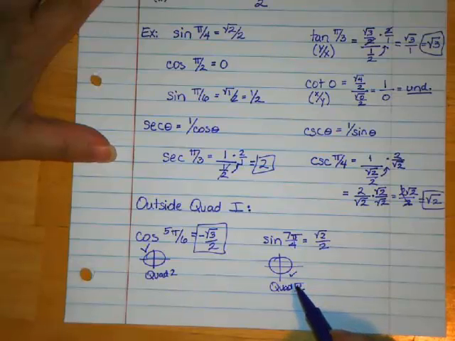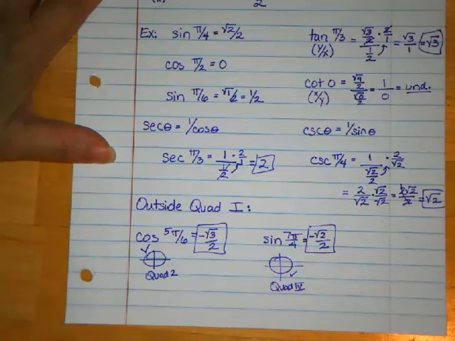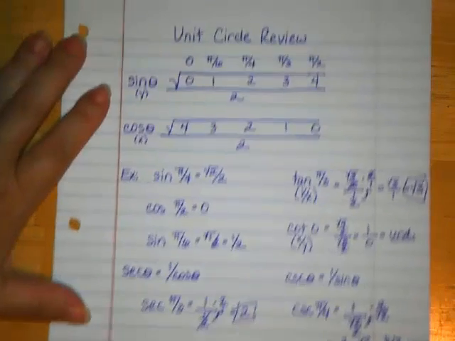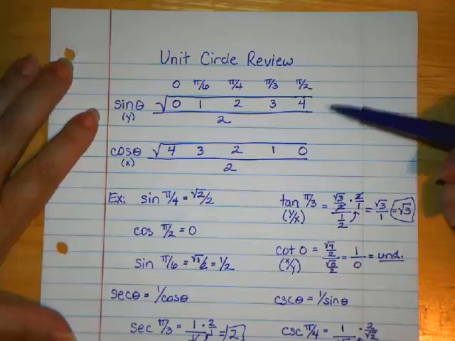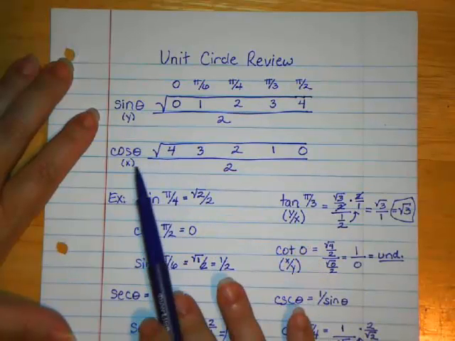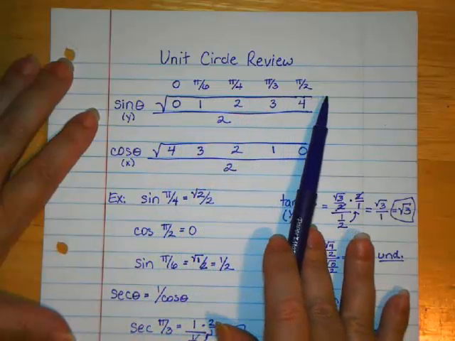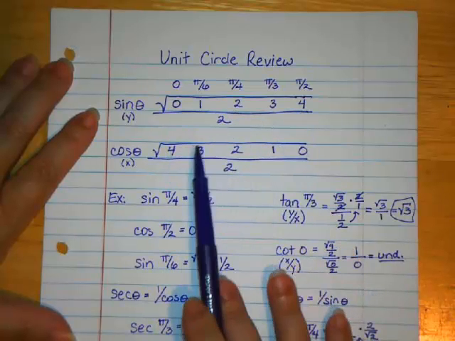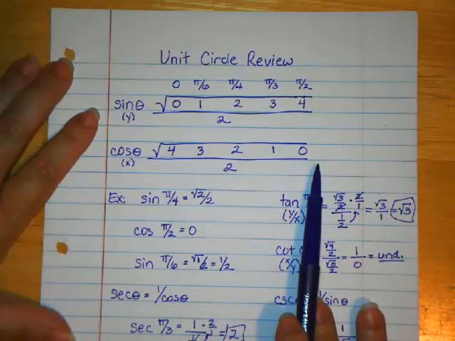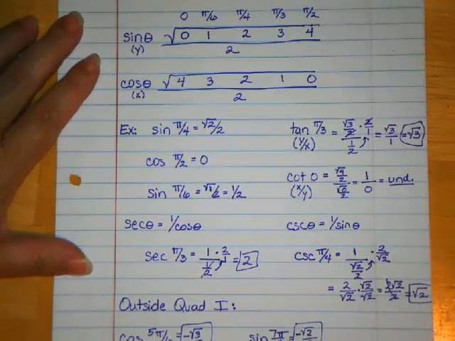Okay? Now, since we're in quadrant 4, we need to look at, is this answer going to be positive or negative? Now, sine is y. In quadrant 4, are y's negative? Yes, they are. So this answer does need to be negative. And there you have it. So, we have now done a quick review of the unit circle. If you can reproduce this right here, putting sine first, then cosine, labeling the quadrant 1 angles,